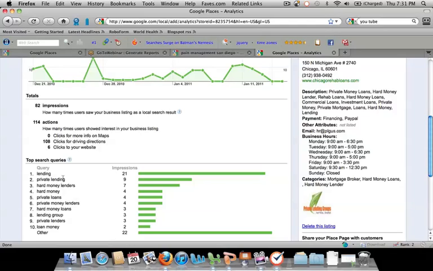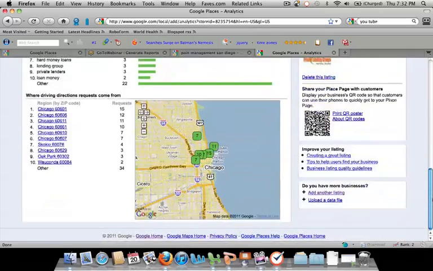All of these clicks, but here's even better news. They give you the exact keywords that people are searching for. So if you're going to do SEO of your website, if you're going to pay for pay-per-click with Google AdWords, if you're going to do any type of search engine optimization, you need to know the keywords that people are searching for. And here they are, right here, by volume. Some people might think they should put this number 5, but really it's number one. And this is the valuable information that you're getting for setting up this free